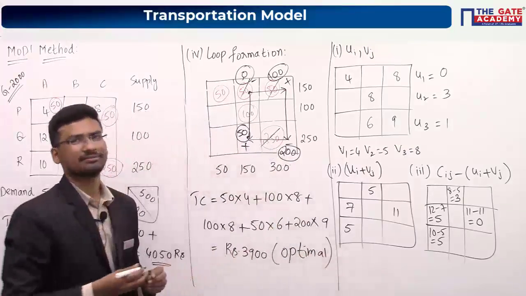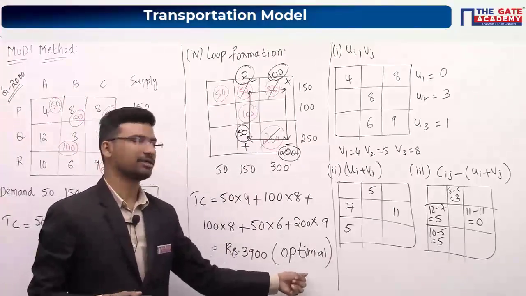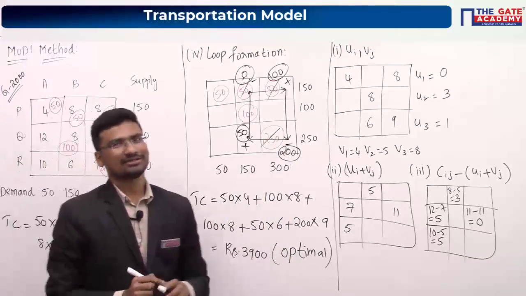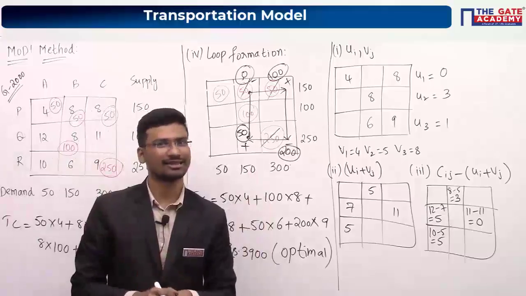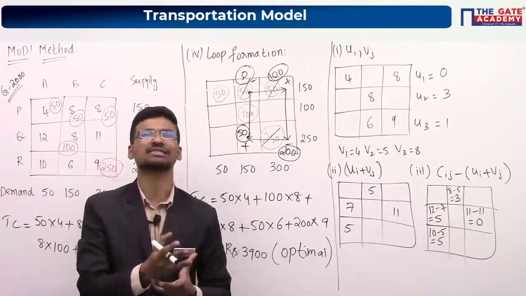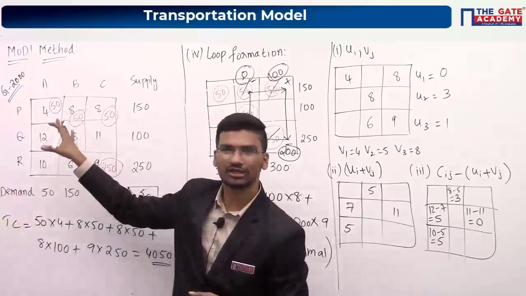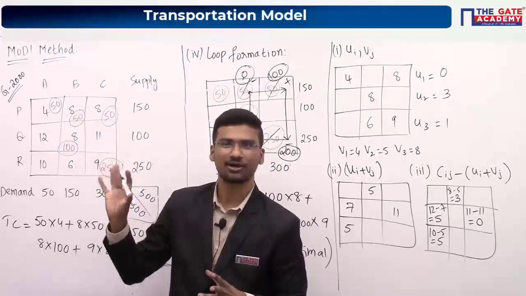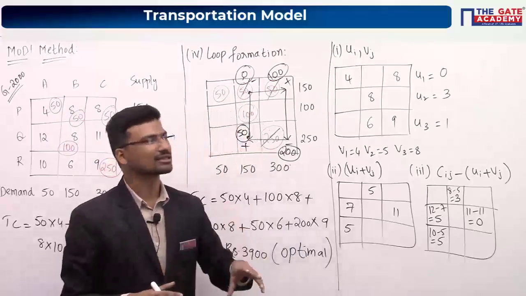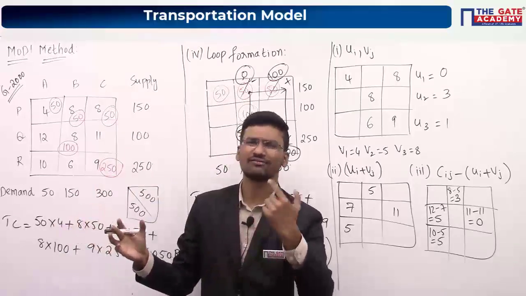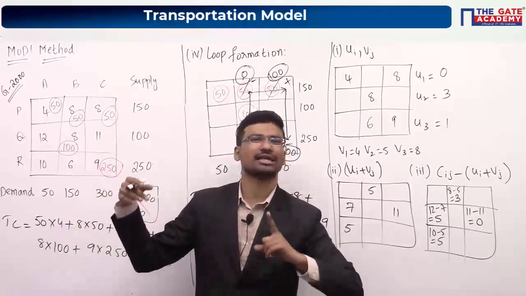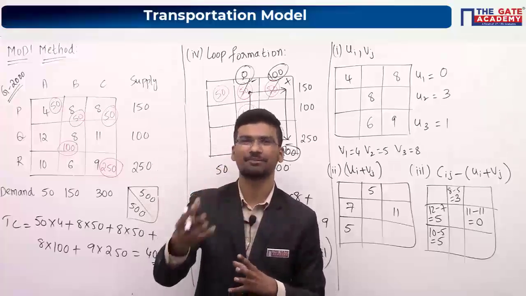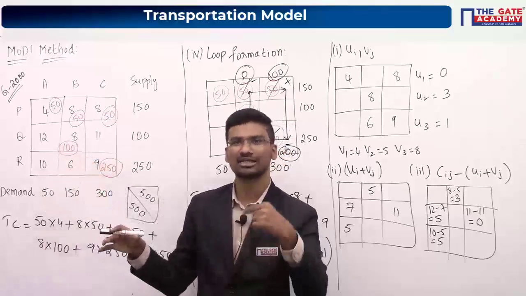Initially we couldn't say it was optimal, but now we can conclude that this particular solution 3900 is optimal. So this is a conventional type of question, very lengthy, but still they ask these types of questions in the GATE examination. It was a previous year question, and at that time they used to ask conventional type of questions. I think it was asked for 5 marks. But nowadays, if they want to ask a question, it is a 3 by 3 matrix, right? We have one recent GATE previous year question where they have given only a 2 by 2 matrix. If it is a 2 by 2 matrix, then it becomes simpler compared to 3 by 3. That question we will solve now.